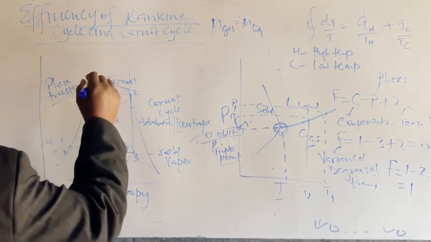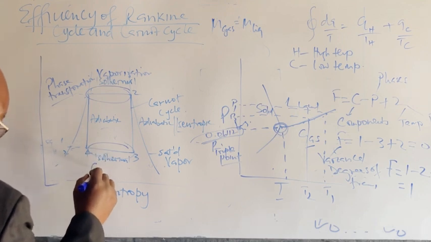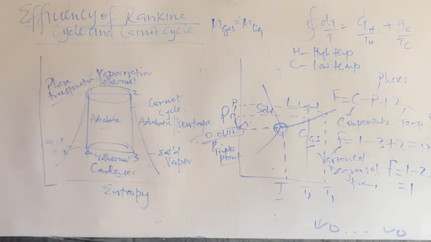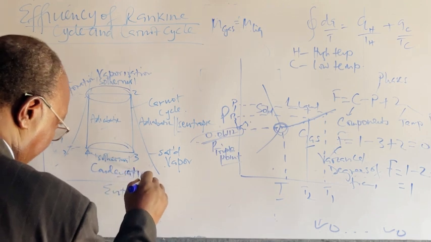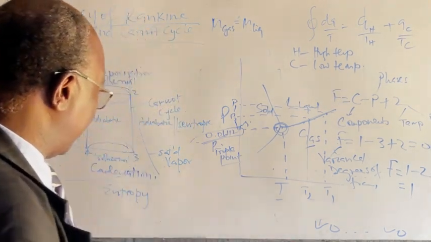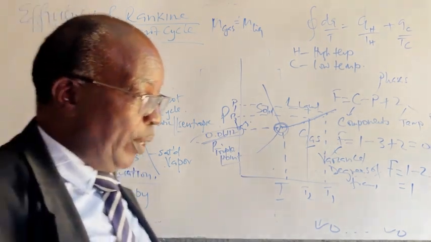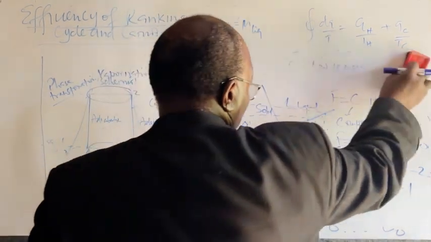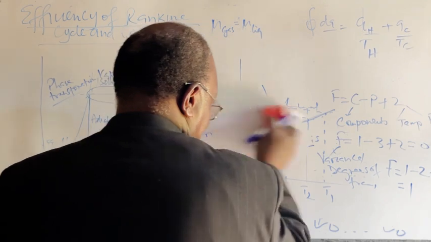So here we will have the vaporization process, because we are at high temperatures, and here we will have condensation. Vaporization means we are moving from liquid to gas, and condensation means we are moving from gas to liquid. Very, very important to note that. And then the other thing which we had said is that to customize this kind of cycle into the Rankine domain, then these processes must take place in the elements which we described in the Rankine cycle. And if you remember, we said that for the Rankine cycle,